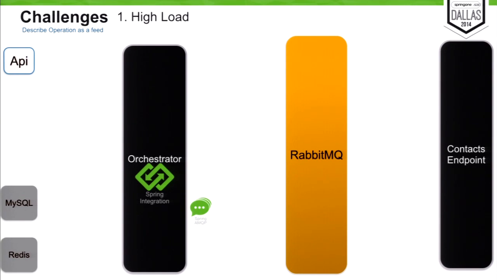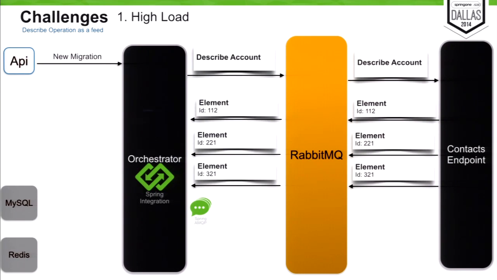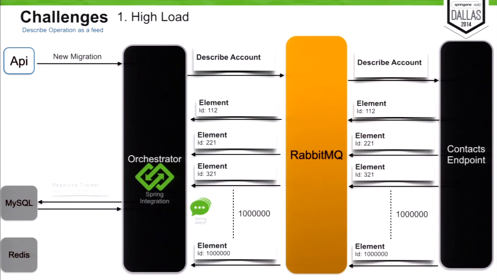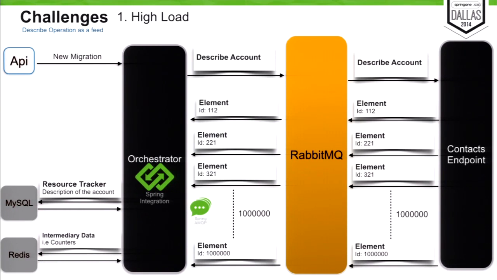And at the beginning of the project, the endpoints didn't have any limit on the describe operation. That means that they could send as many messages as they wanted. That obviously was potentially harmful, as one endpoint could flood the platform, the orchestrator, Redis, and MySQL with a lot of messages. For example, in this case that we want to see, this endpoint has sent us 1 million messages as fast as it could. So this could have a catastrophic impact on all our components.